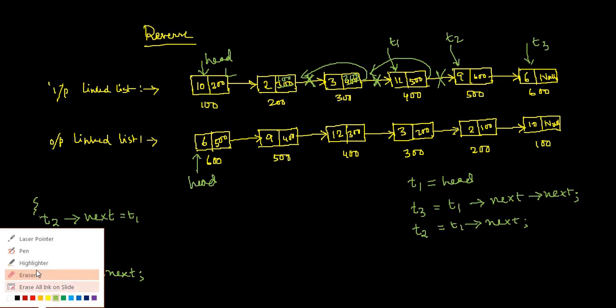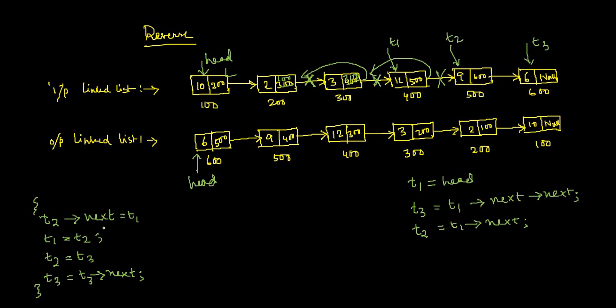And again you see this T2 next equal to T1 will get executed. And what will happen? This connection will vanish and it will connect to the previous node. T2 next equal to T1. That happened over here. You see 500 next equal to 400. This is a node and this is a node, and they become just reverse. So it was after this node, and in this output linked list, this node becomes after this node. Just the opposite. Right.